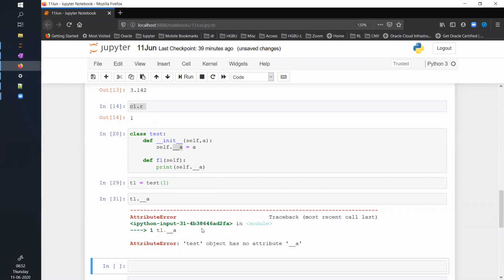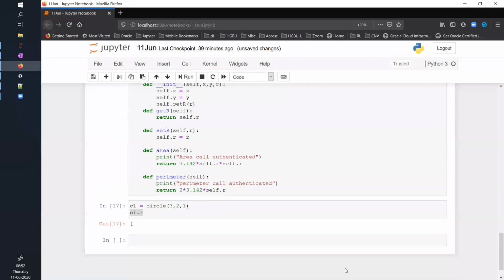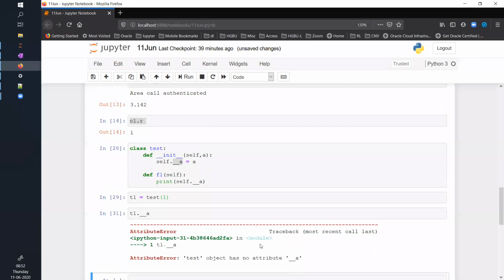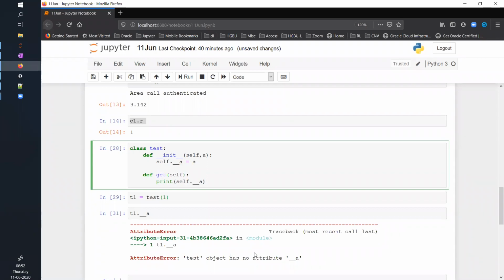Yeah. So now coming back to our original problem here. Let's say I told you that we cannot access it, but within the code we will have to access these attributes, because all our computation, all our logic will be built on top of those attributes. So within the class, we should have access to these variables, correct? So here, let's say this is my get function.